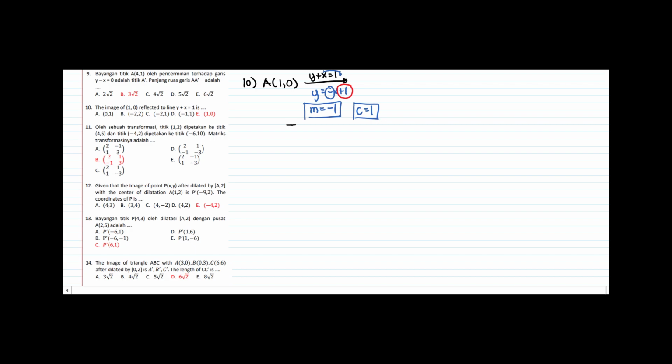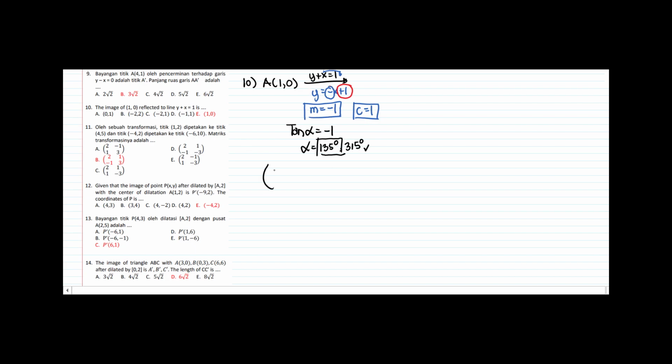Nah, dari gradien itu rumusnya kita harus pakai tan alfa. Tan alfa sama dengan min 1. Berarti alfanya itu bisa 45. Minus ya. Minus itu bisa di kuadran 2, 135. Atau bisa juga di kuadran 4, 315. Nah, biasanya yang dipakai itu yang angkanya kecil karena nanti ngitungnya lebih gampang. Tapi kalau mau pakai yang besar juga boleh ya.